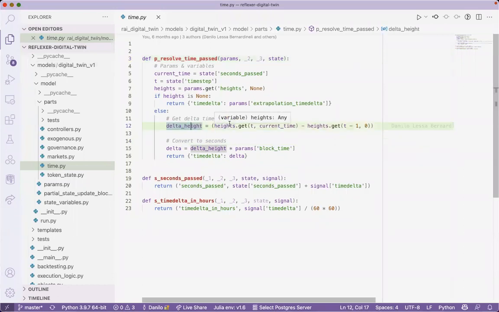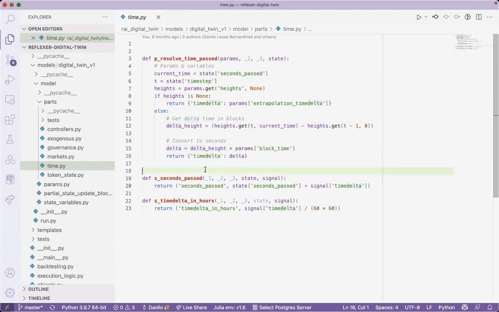What we need to do here is the following. When we get the data as provided in heights, we need to get the delta in heights, and we need to multiply that by the block time. The block time is in seconds. So delta here is actually units of delta multiplied by block time in seconds, so we have seconds here. And one thing that's always used for any kind of simulation is to define a general unit of time. So in this simulation, we are always going to use seconds.